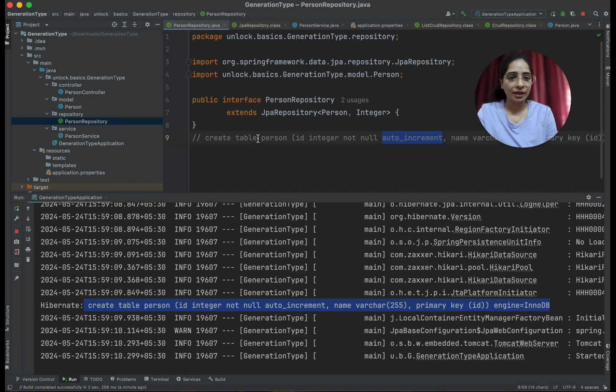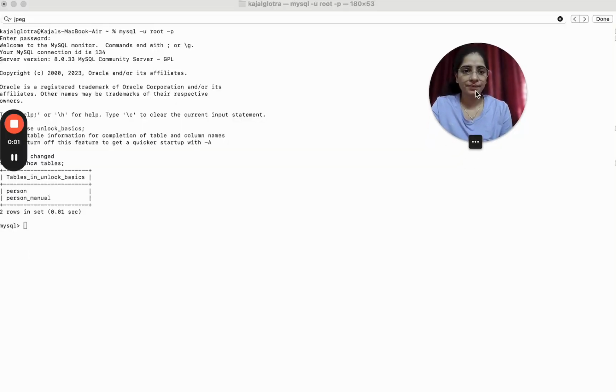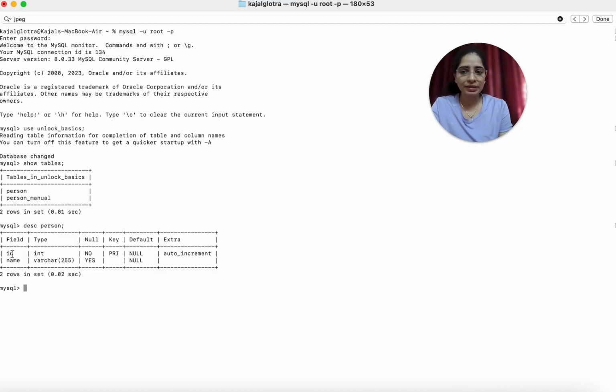I'll save the data from the Postman and let's see what exactly the data is going into the database. This is my MySQL. Now I'll show you the description of this person table. This ID is a primary key and it is auto incremented.